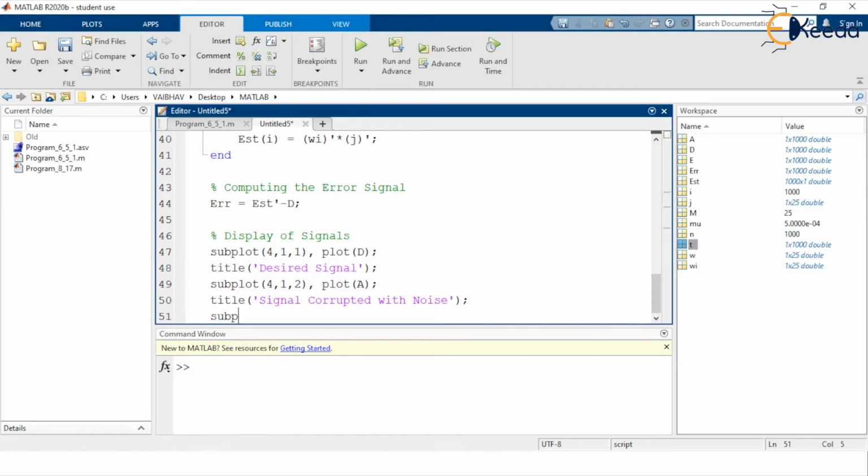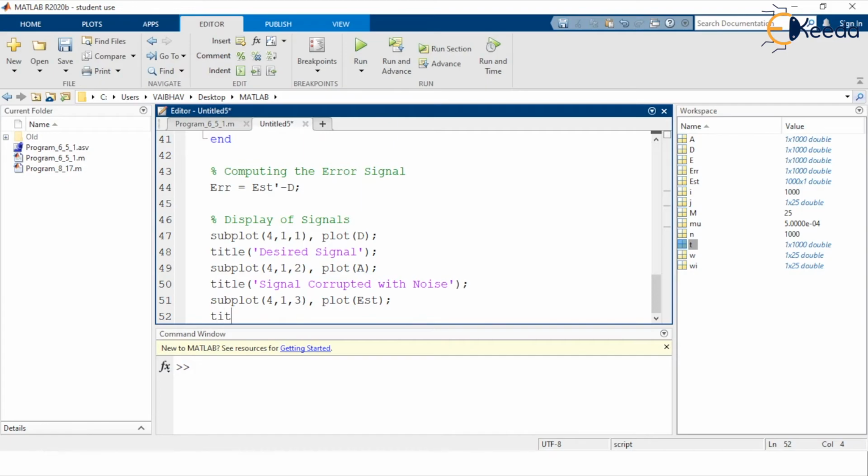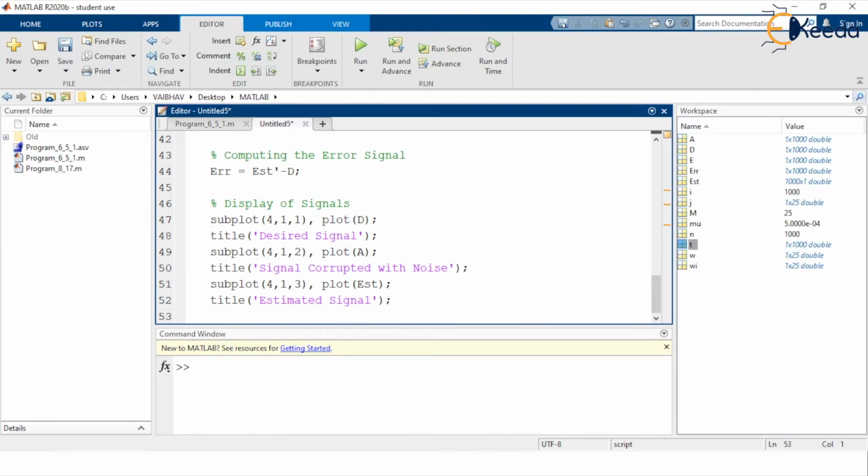So we have subplot in the bracket 4 comma 1 comma 3, and the assignment will be by the keyword plot here, and the input argument will be est here, and then we shall be providing a title to it. So here we write estimated signal, at the end semicolon, and now the assignment to the last cell here.